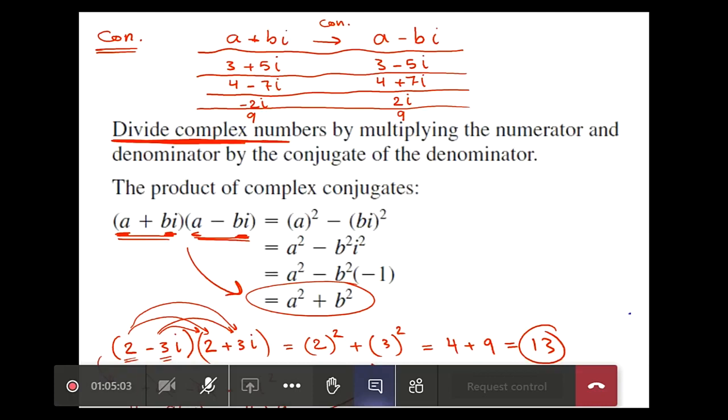Okay, now we can divide the complex number by multiplying numerator and denominator with the conjugate of what? We must multiply with the conjugate of the denominator. نضرب بمرافق المقام، دائما مرافق المقام. اوكي،